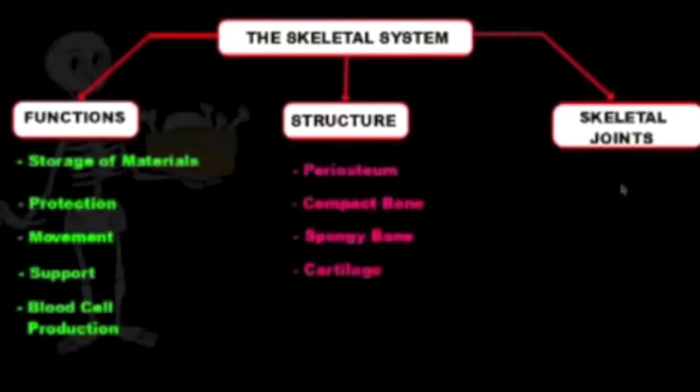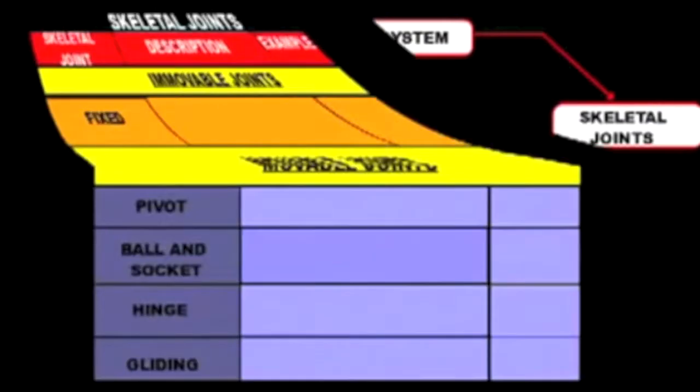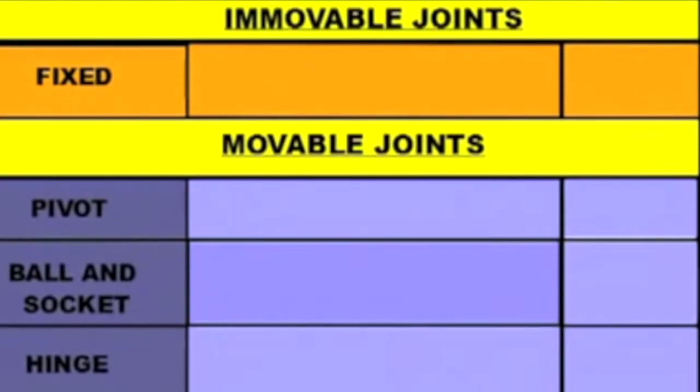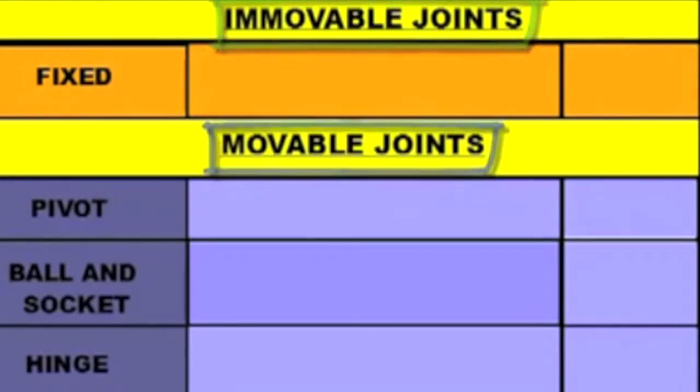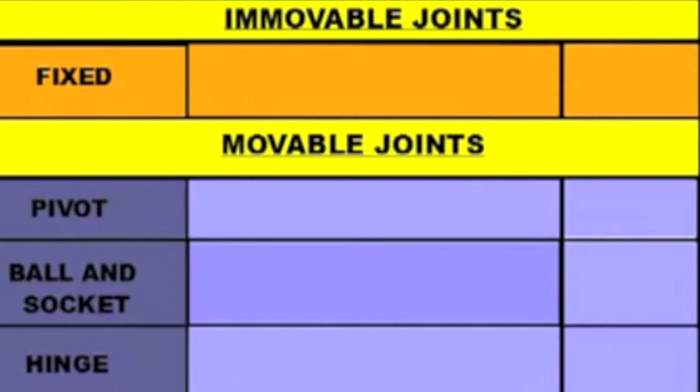Inside of it. So our topics tonight include ligaments, which are connective tissues found at the joints, immovable joints, and finally movable joints. Here's our chart for our notes for the joints, and we've broken it up into two sections. We have a section for immovable joints, and we have a section for movable joints. Remember, skeletal joints are areas where two bones meet, such as your knee or your elbow, and many other places